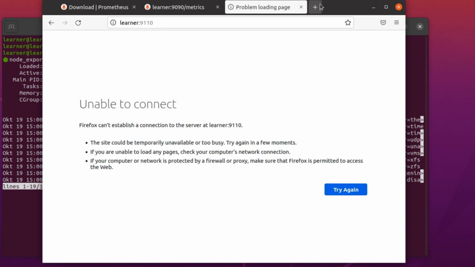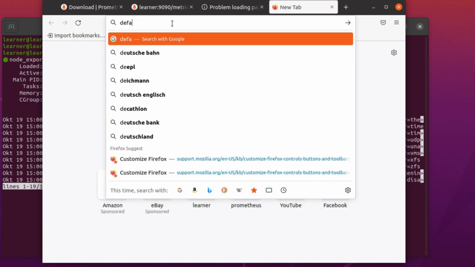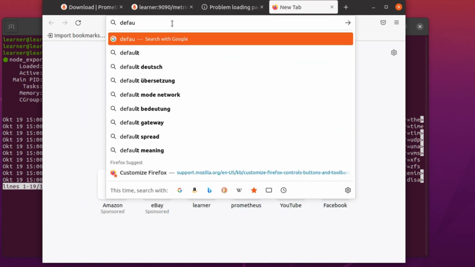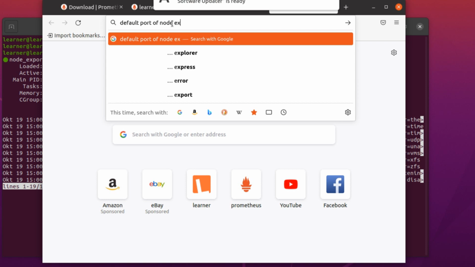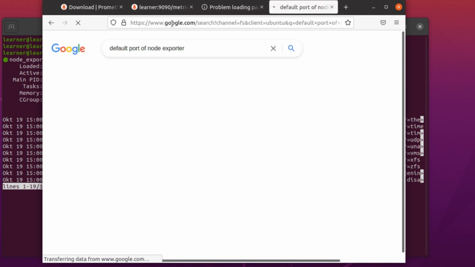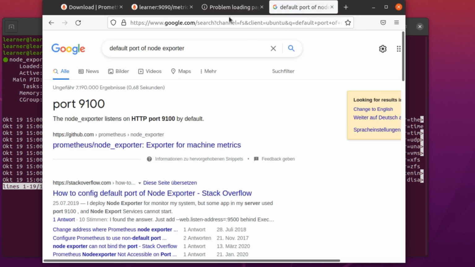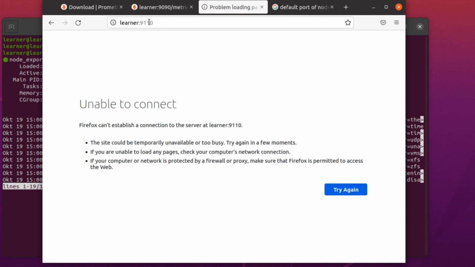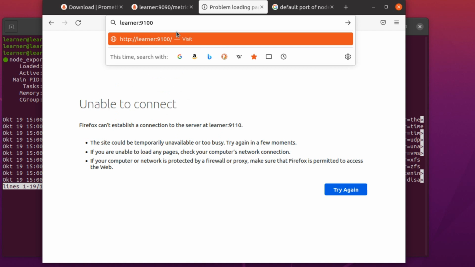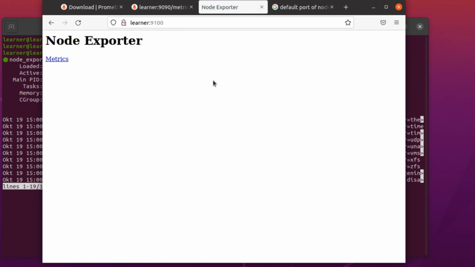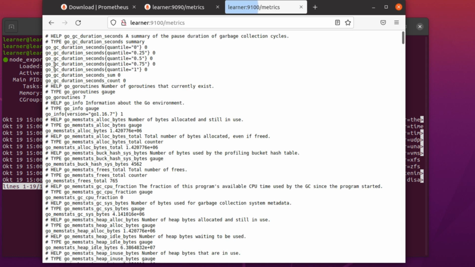We can check the default port of node exporter. Okay, sorry, here I have made a mistake. So that is the default port of node exporter, and you see that node exporter runs, and here are the